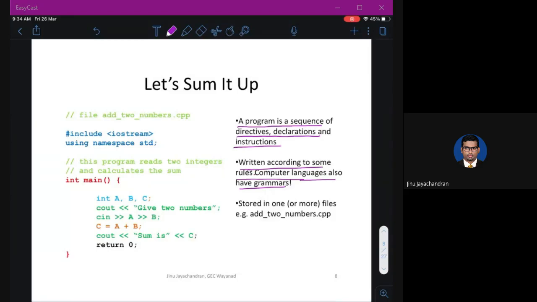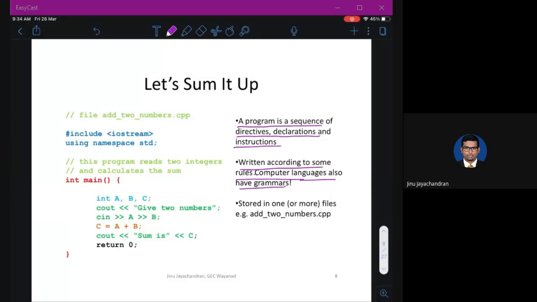So then you can tell anything to him or her. Depending on whom you are talking to, there is some set of rules that you follow. In computers also you should have some set of rules, and this is called a grammar. Even when you're talking in English, you have a grammar. If you use 'was' instead of 'is' or 'the' instead of 'and', then that is wrong.